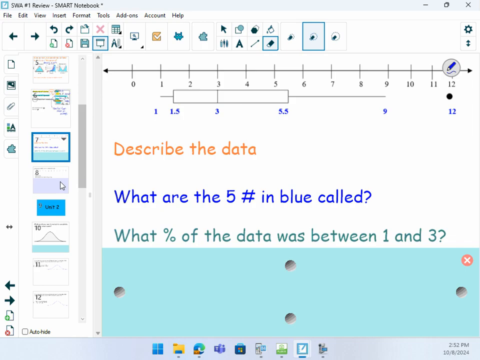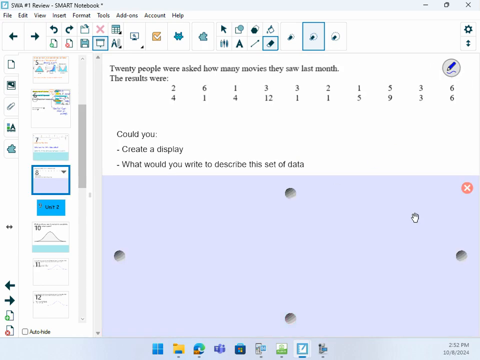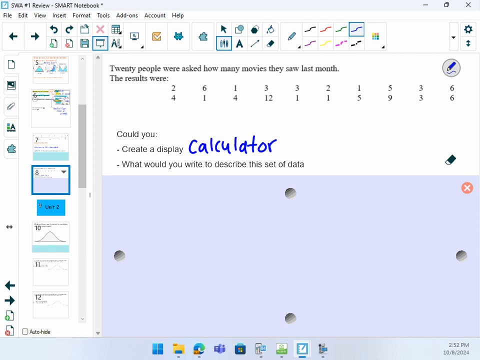Okay, moving along, and we're almost done with Unit 1. Another thing from Unit 1 was if you were given a data set, could you make a display? And could you describe it? And so making a display, you can do it by hand, but you can also use your calculator if you want. And hopefully you're feeling a little bit better about how to do things on your calculator. But if that was the data set that I would have,